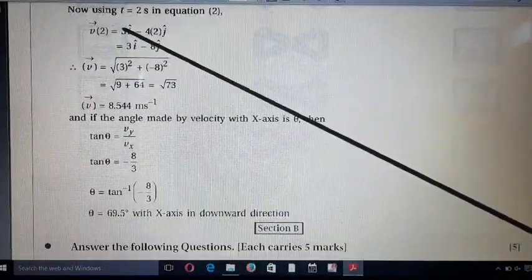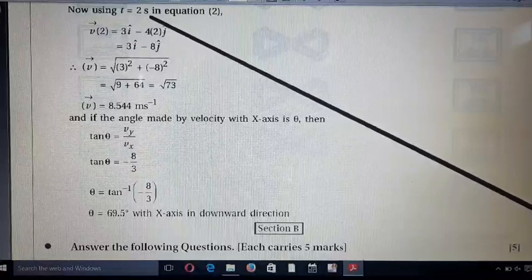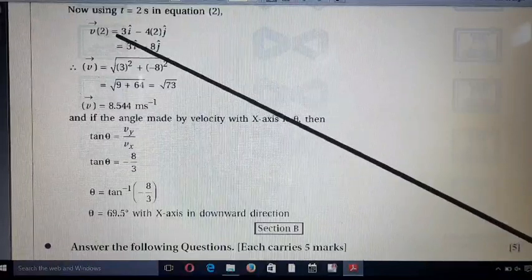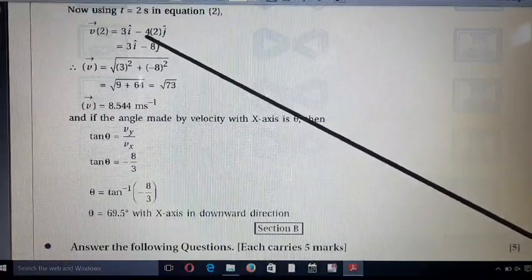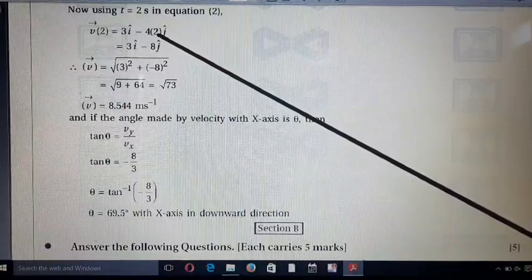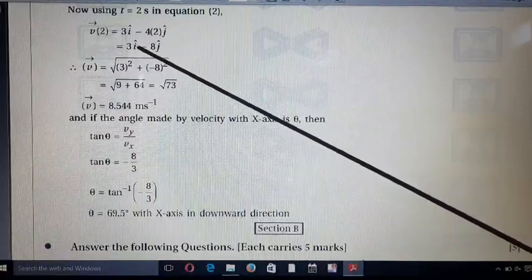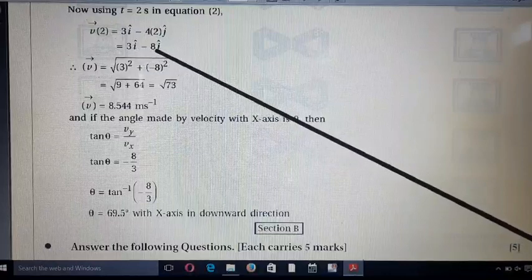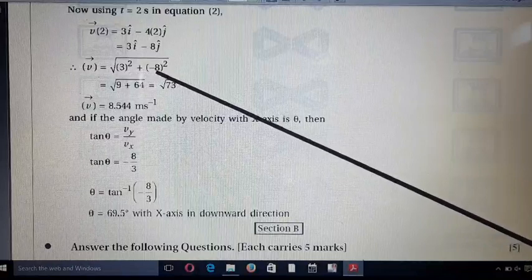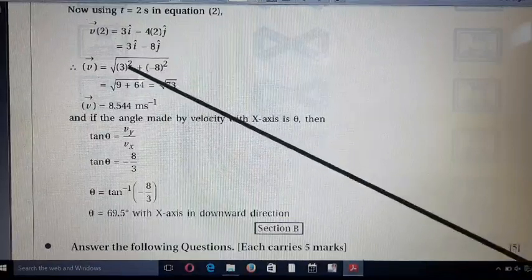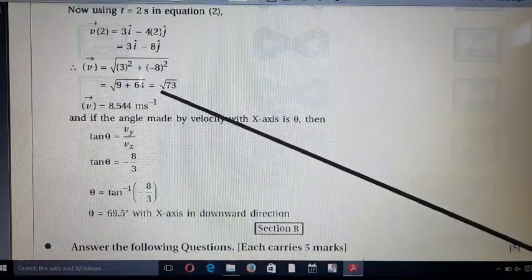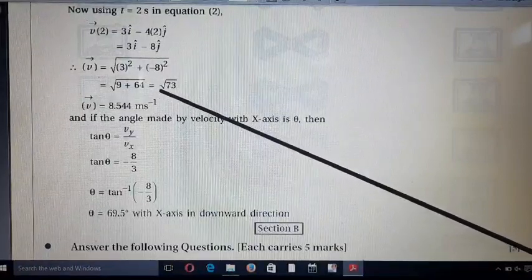So time t is equal to 2 seconds. Substitute in equation number 2. So we get v2 is equal to 3i minus 4 × 2 j caret. 4 × 2 is 8. So we get x component 3 and y component minus 8. So v is equal to under root 3 square plus (minus 8) square. 3 square is 9 and 8 square is 64. So we get under root 73 and its answer is